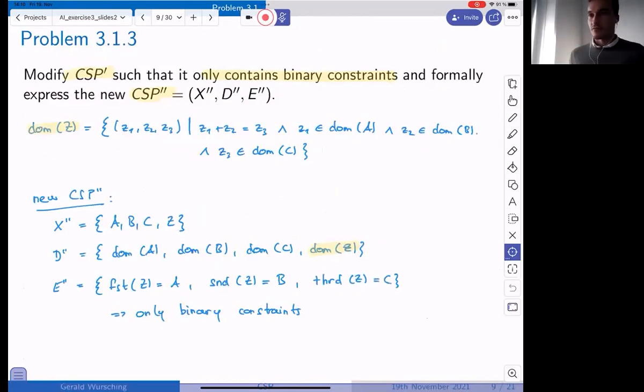And this simplifies our constraint satisfaction problem a lot. That's what we wanted to show in this problem: that we can take a higher order constraint and turn it into binary constraints, and this simplifies our search problem a lot if we have simpler forms of constraints.